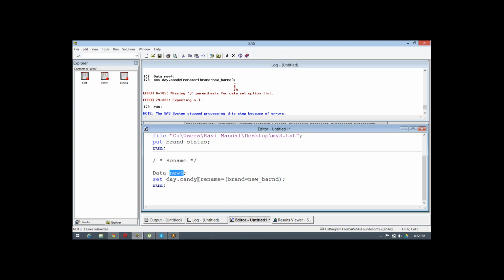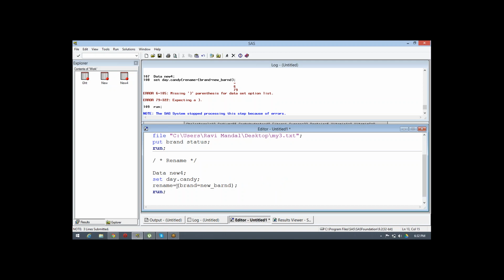So here we cannot use the rename function. Rename we need to apply below itself only. We can't apply it on top. So this always needs to be written below itself.